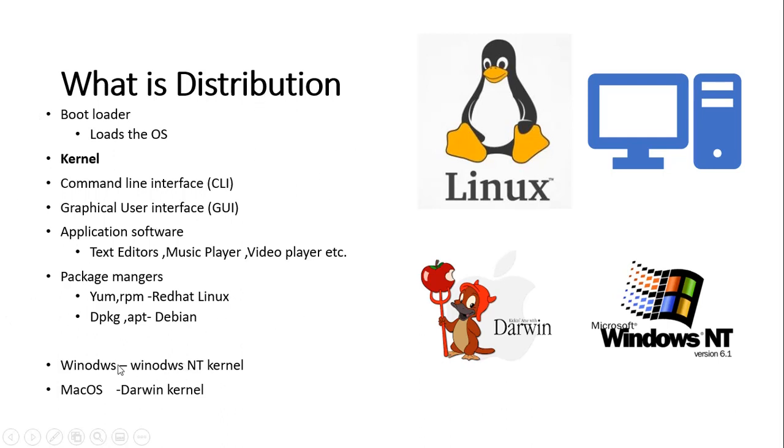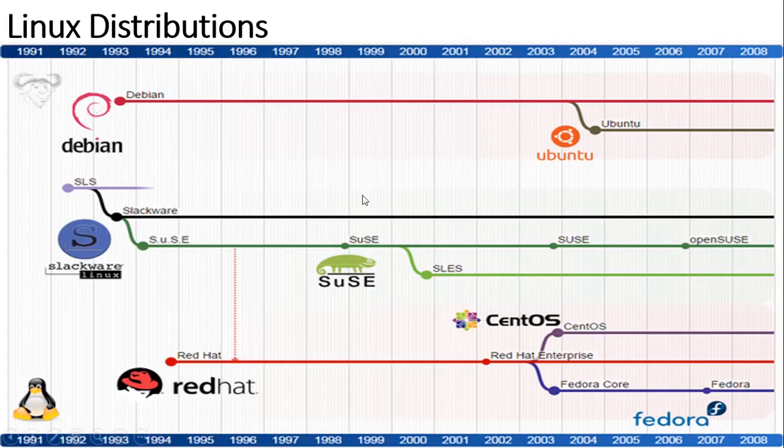As we know, for Linux systems we have the Linux kernel. For Windows there is the Windows NT kernel. Similarly, for Apple Mac OS they have the Darwin kernel. Different operating systems have their own kernels. So when you come to distributions, you can think of it now. First there was GNU Linux. GNU built the application level software and other utilities. They did not have a kernel, so they made use of the Linux kernel. That is what GNU Linux was called.